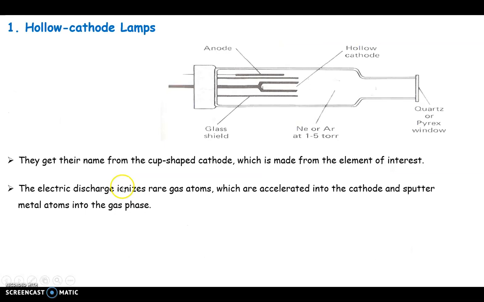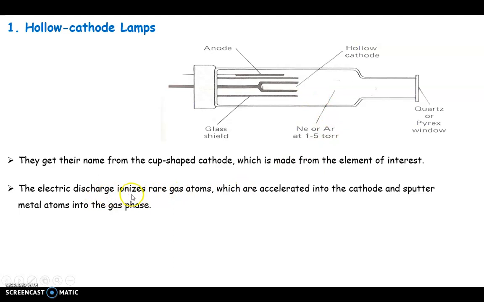The radiation source which is used in atomic absorption spectroscopy is the hollow cathode lamp. Hollow cathode lamp consists of an anode and a hollow cathode which is cup shaped, and it is made up from the element of interest which we are going to analyze. Apart from this, we are using an inert gas such as neon or argon. So after passing the electric discharge,